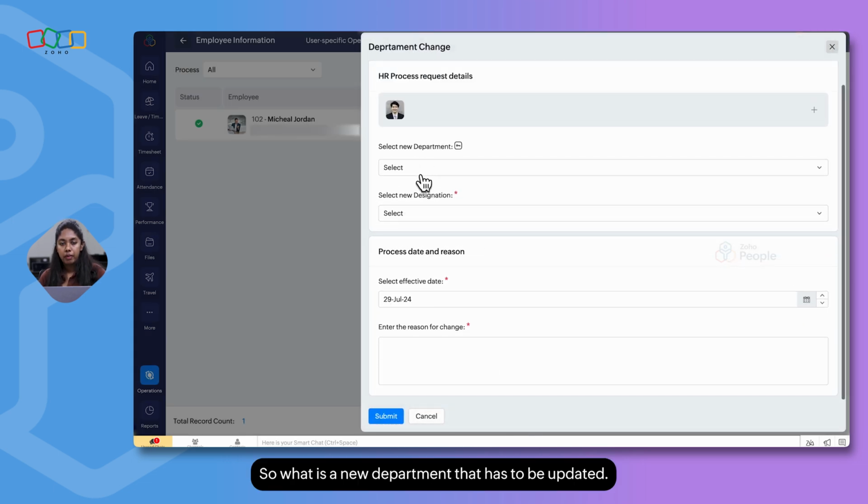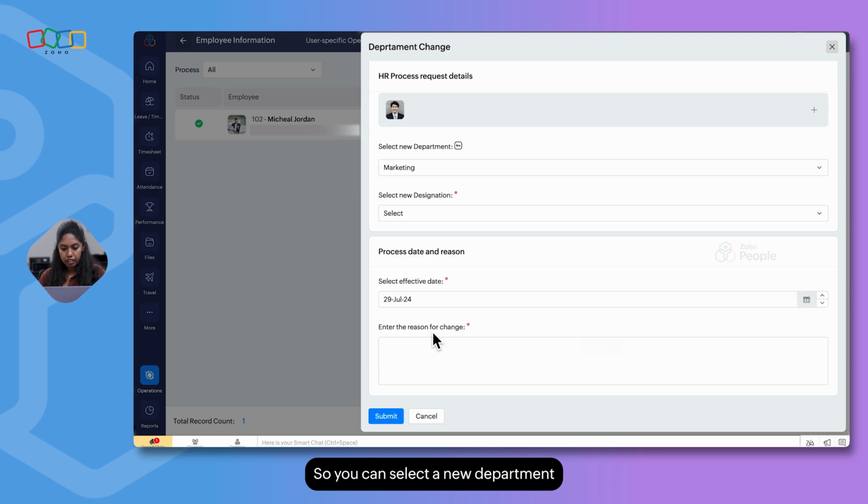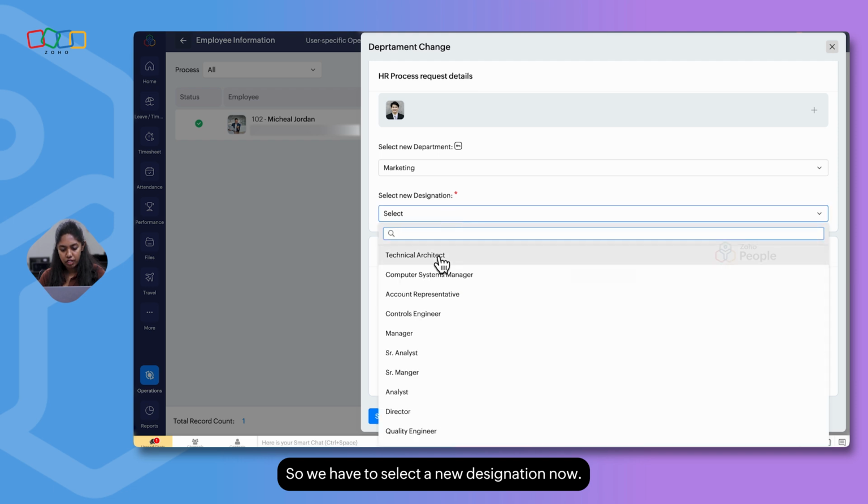So what is the new department that has to be updated? So you can select a new department and then new designation. This new designation is the secondary field that we have enabled, and we have also made this secondary field a mandatory option. So we'll have to select a new designation now.